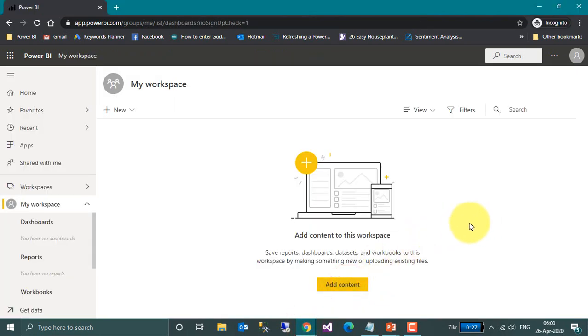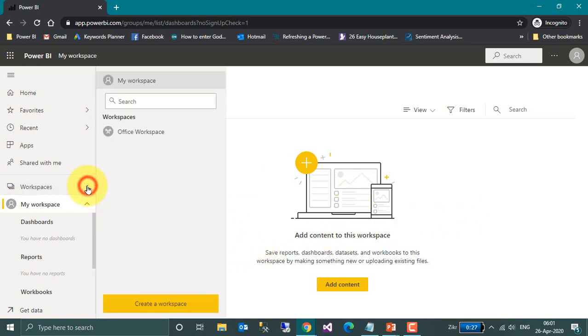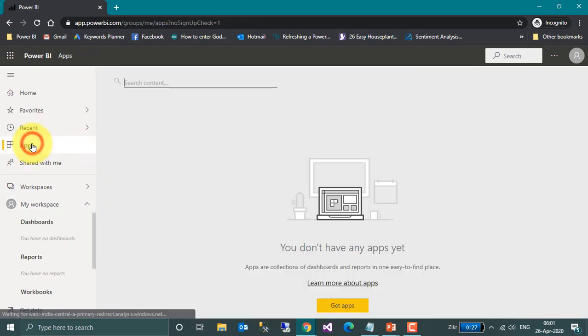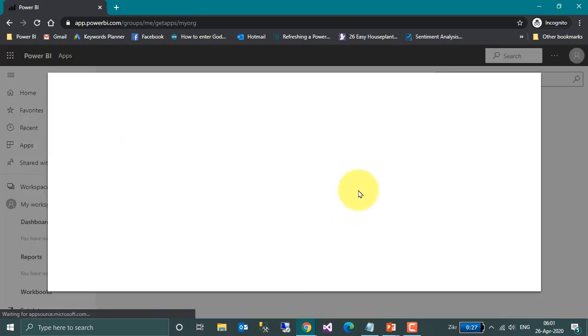So this is the second user, that is BI2 here. Now there is no workspace here, and if you click on here, there is no workspace shared with them also, the testing workspace. So if I directly go to apps here, there is no app installed yet. So click on the get apps here. So click here, as we have given the rights to them,